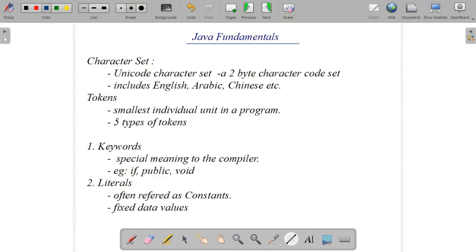Hello everyone. Today we will discuss Java fundamentals. That is, when you're writing a Java program, you know what are the things you have to include, isn't it? First we will write the keyword statement import java.util.*;